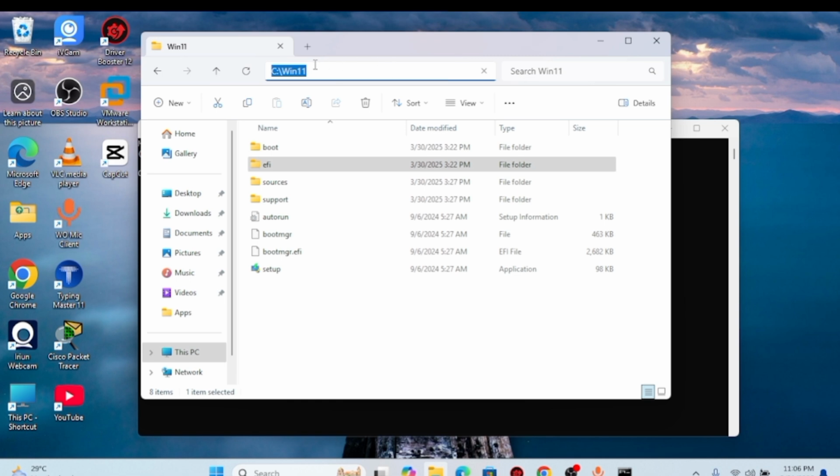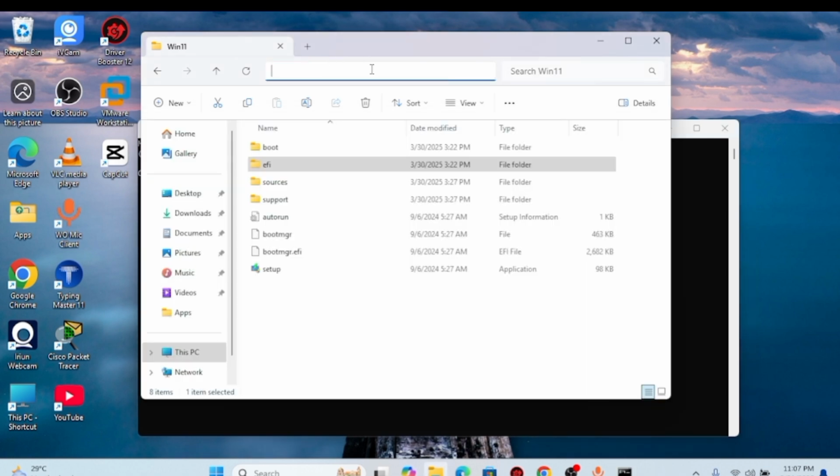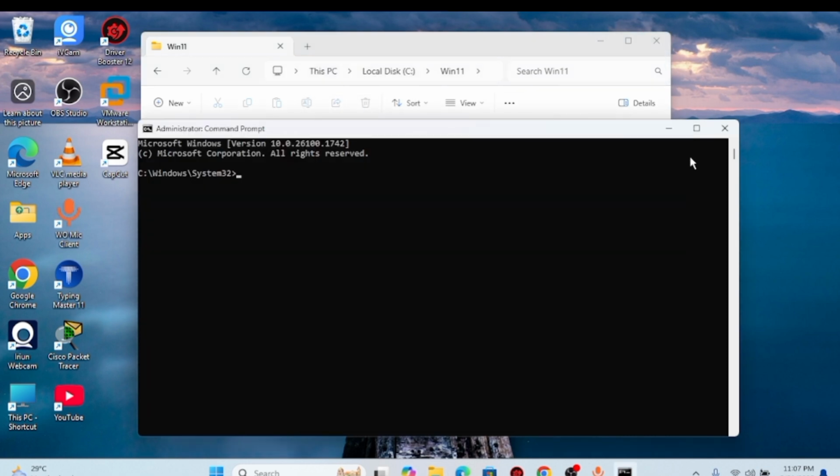here, then you copy the file location where you install. So you copy it, you paste it in the command prompt. I did not copy. Paste it here. You're going to type